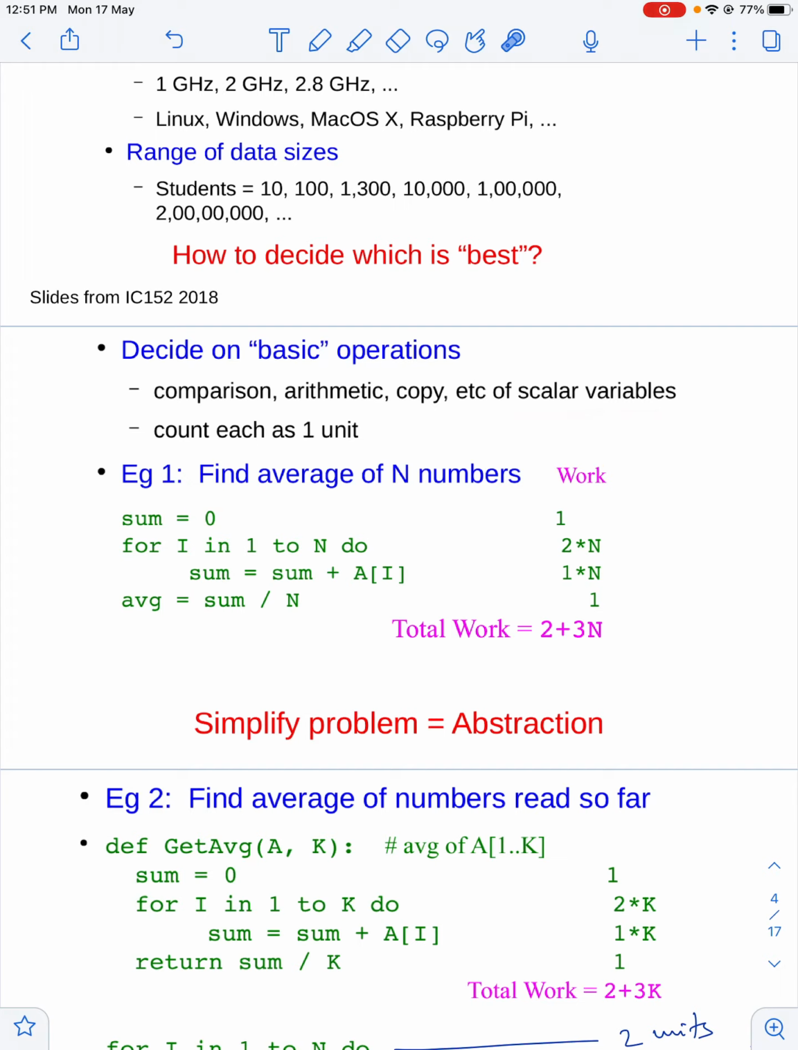All of them count as 1 unit. So now this assumption is probably not a very valid assumption, but we are using this assumption to simplify our analysis. For example, now I am saying that arithmetic operations count as 1 unit of work. So for example, when you do x plus y and x multiplied by y, where x and y are integer values,